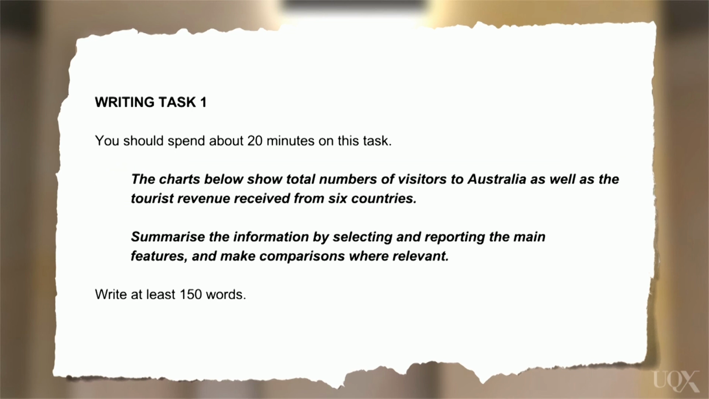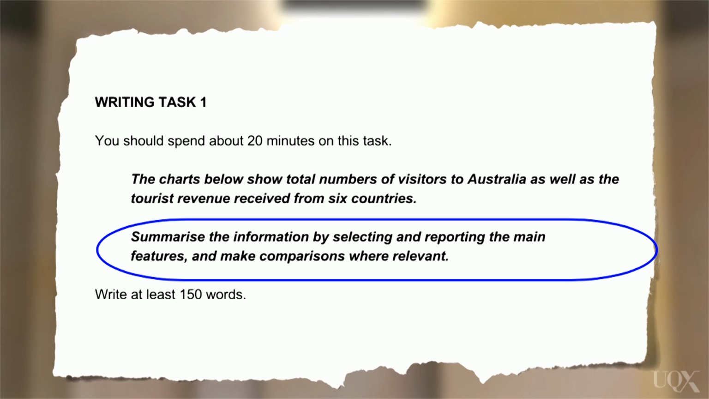The next paragraph tells you what you have to do. It will contain one or more verbs. In this example, you are asked to summarize the information by selecting and reporting the main features and make comparisons